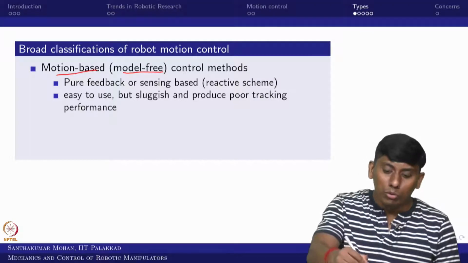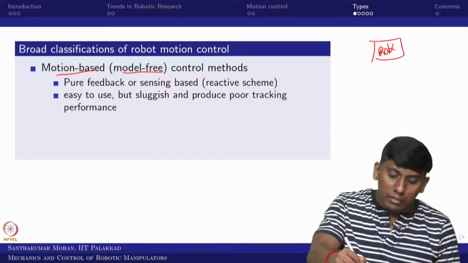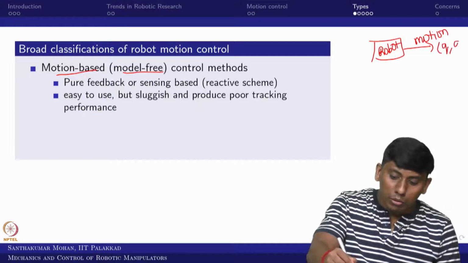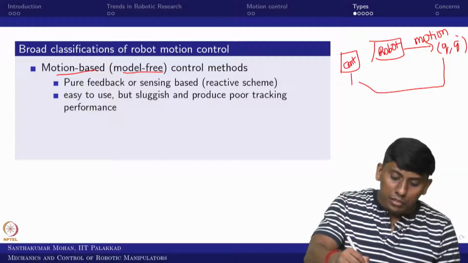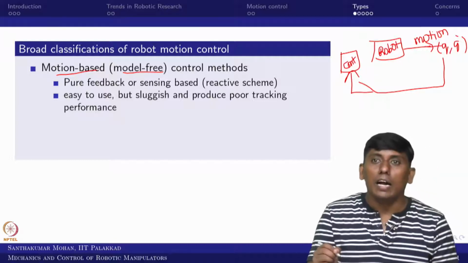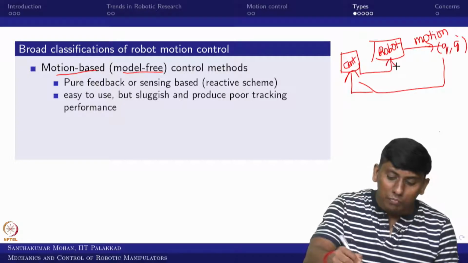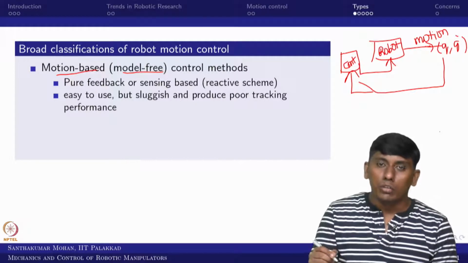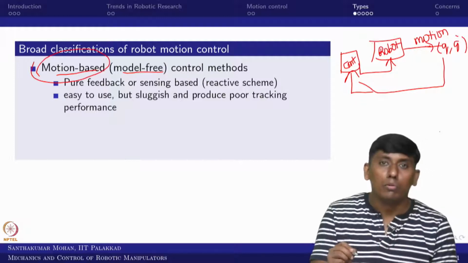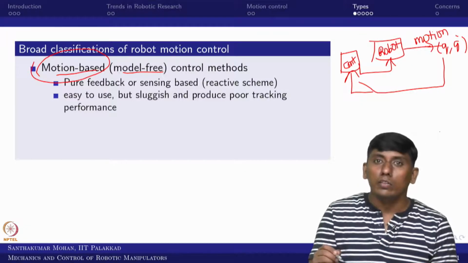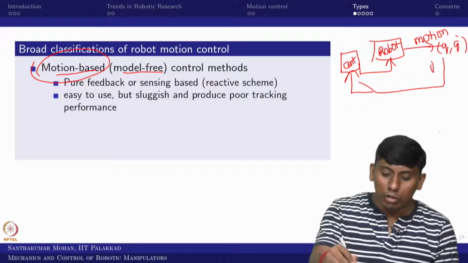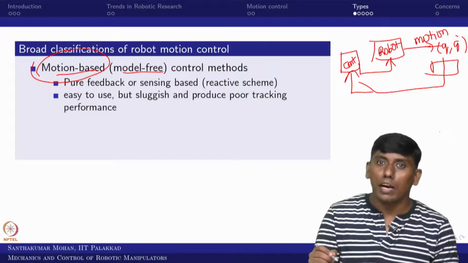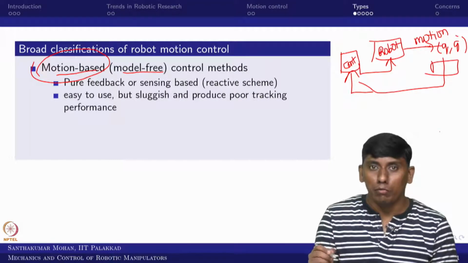What that means is, you have your robot, and the robot motion, which is q and q dot, is taken as feedback and you use it in the controller. You take this as feedback and try to compensate the robot through this mode. In that case, it is purely based on the motion. If the sensor, whatever you put here, gives an accurate signal, then you will be able to follow.